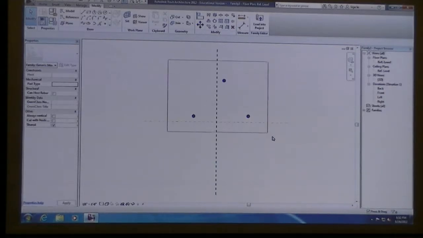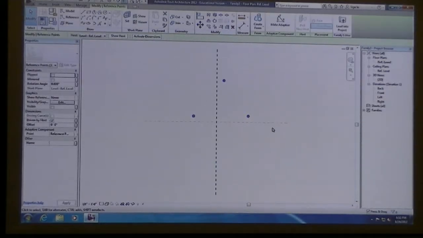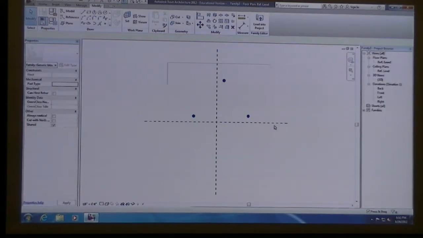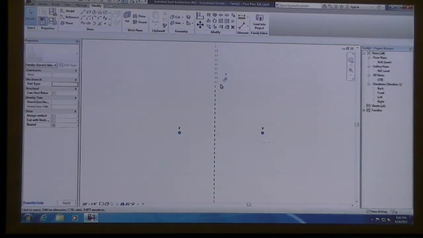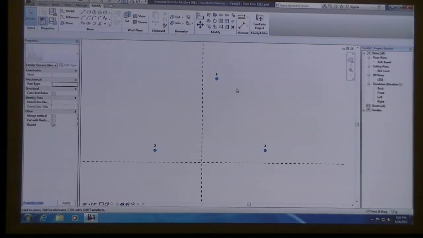Once I've done that, if I select them all, as soon as I do that, in the adaptive component family, I get this other additional tool up here that says Make Adaptive. So right now we've just placed these points, but they're not adaptive points. So by selecting all of these points again, if we click on Make Adaptive,